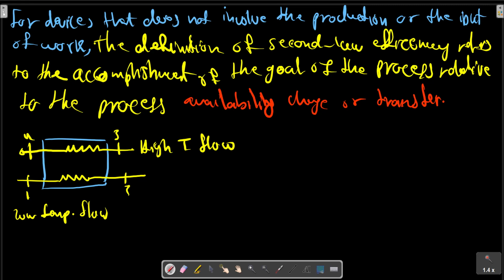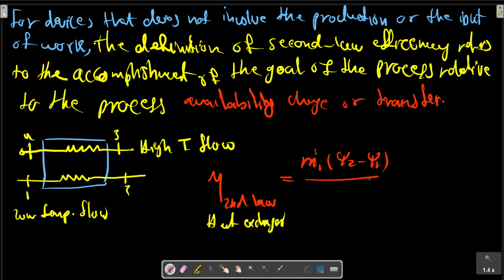The second law efficiency of the heat exchanger is defined as follows. The previous expression